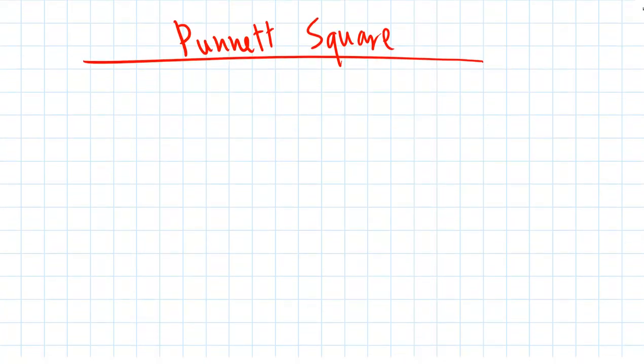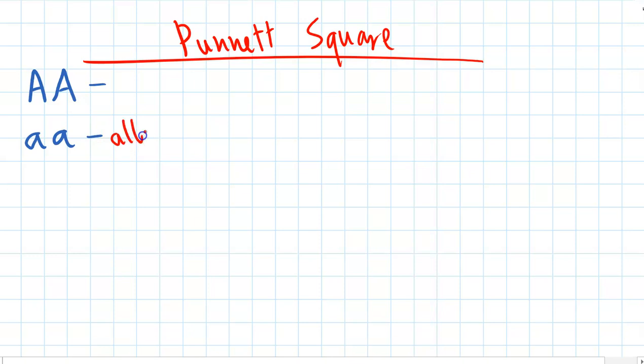Let's choose a simple example firstly. So, we will have one person who is homozygous normal, and the other person is homozygous recessive. So that person's actually albino. So if these are the two parents,